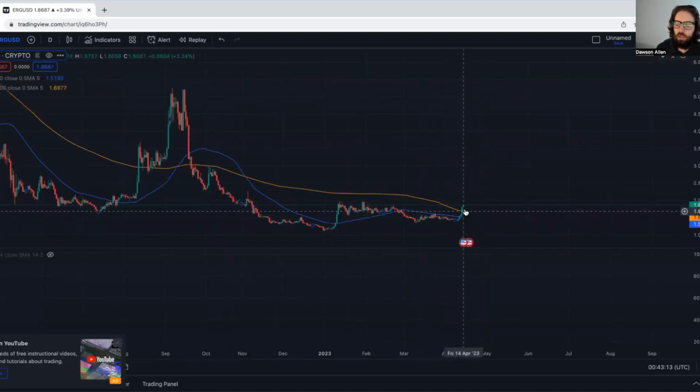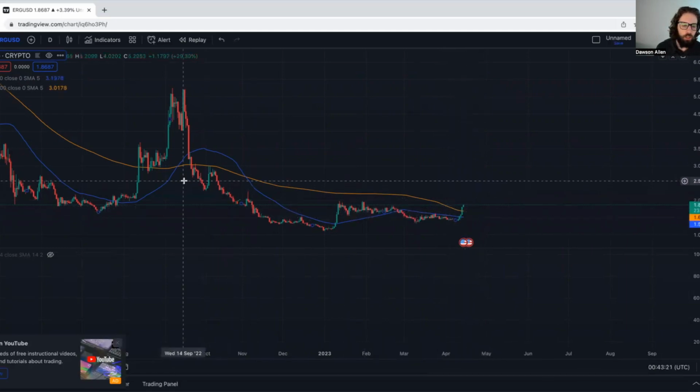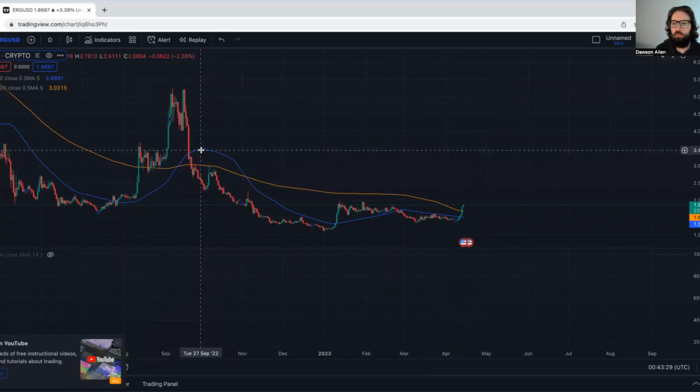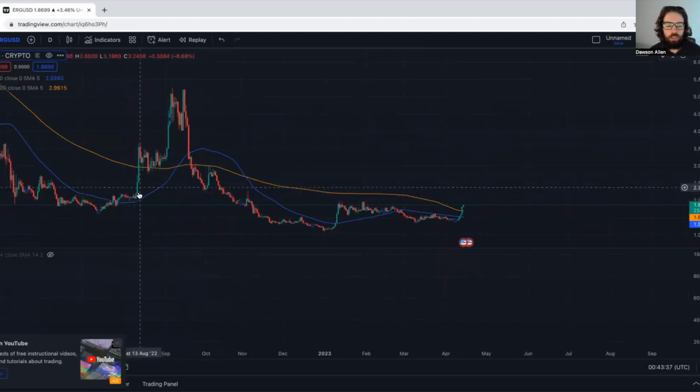Furthermore, as we cross above the 50 and 200-day simple moving average, we have a higher potential of our 50-day moving average crossing above our 200-day moving average. You can kind of see this right back here where the 50 crosses above the 200, and we can show all the other examples in this chart, but 50 crossing above 200 is a bullish indicator, although it is a lagging indicator of sorts. You can see we had this huge green candle right here, but our 50 didn't cross our 200 until,